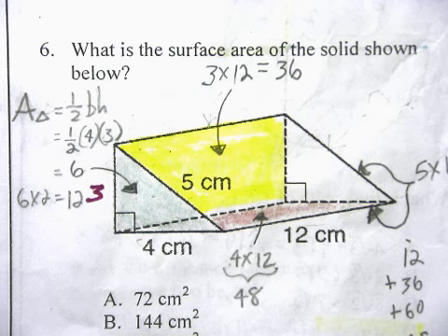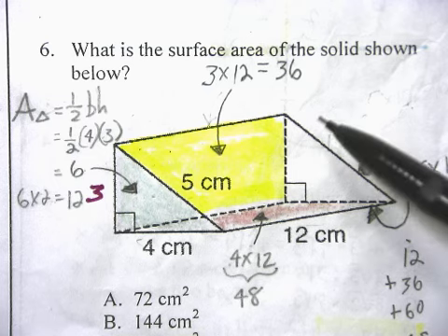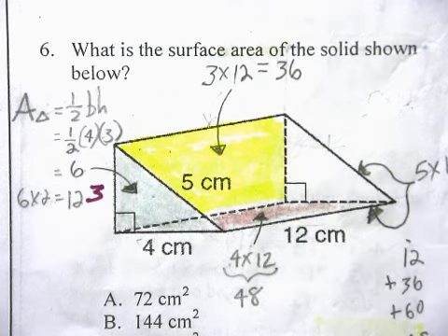Okay, so now we're on question number 6. And on question number 6, they're asking us, what is the surface area of the image shown below? Now, I know this is not a special right triangle question or a Pythagorean theorem question. It's not even a trig question. But it's a good question to keep us on our toes and remind us how to find the surface area